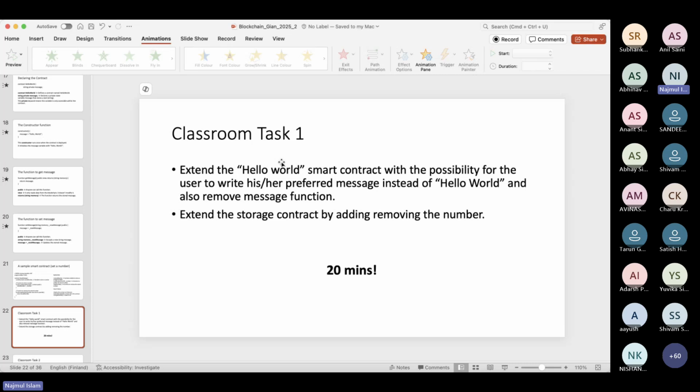But instead of that, let the user initialize the message with his or her own choice. And then also add a new function to remove the message. Previously we had setMessage and getMessage, but now I'm asking also to remove the message, to delete the